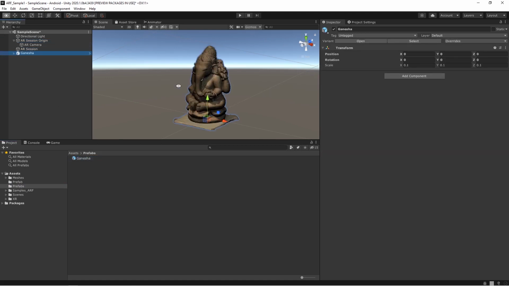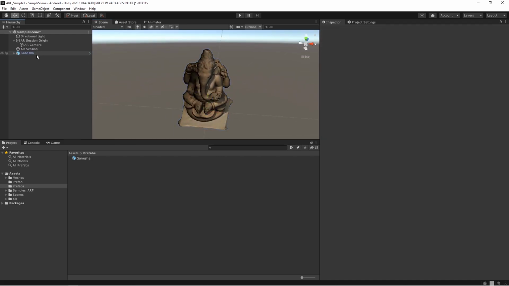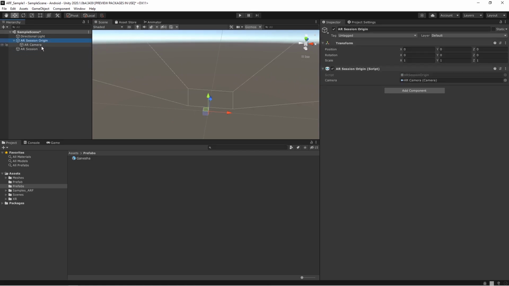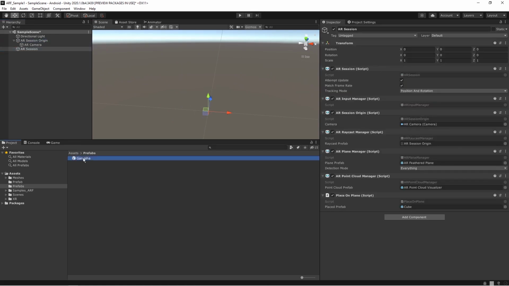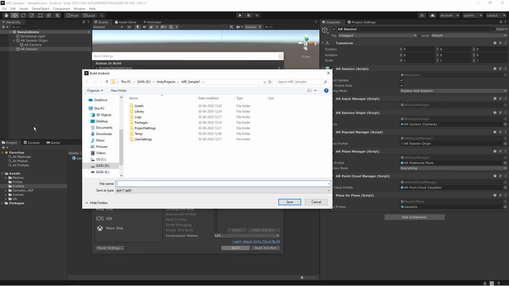I'll just show you how it is going to be. So this is the object Ganesha. I'll just delete this and add that on my AR Session Place On Plane. So we are ready to test this. Let's build this and try to test this application on the device.